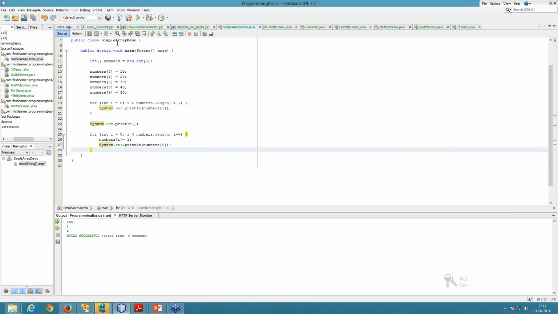This is a very simple class which is named as simple array demo. This is the main method, the main entry point, and here you can see. Let me just make it like this. Yeah, let me explain it to you here. Here we have an array and we are defining, this is a bit different in C and C++. We have to specify what size of array we need when we are